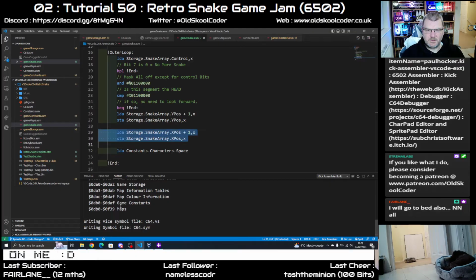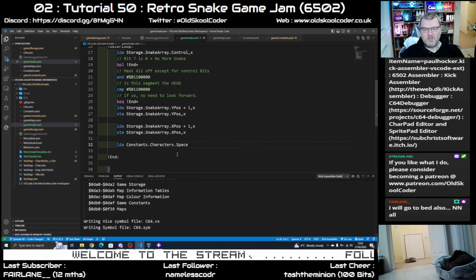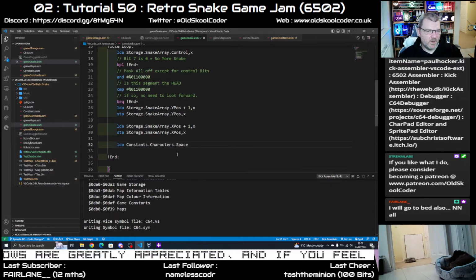And we need to do it for the control. No, we don't need to do it for the control. We're only moving it. The control state of the snake will be the same. What we need to do though is